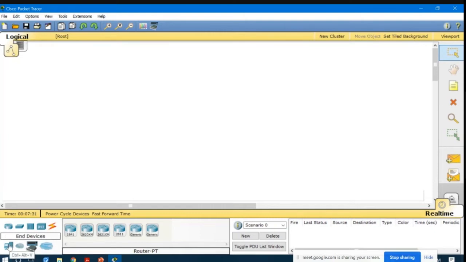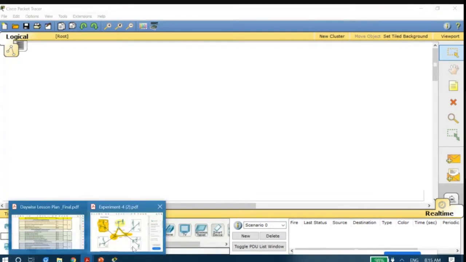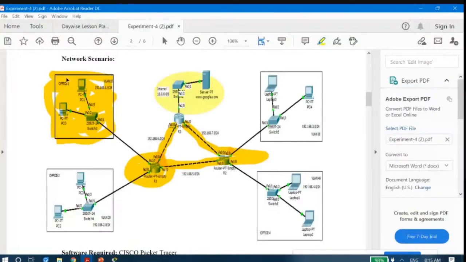Okay, now see, we have to actually implement a local area network, for which we obviously need two computers. I'm just discussing the first VLAN here. Okay, office one. So you could see there are two PCs and then a switch, and then it is connected to a router. So we have to basically implement this thing.